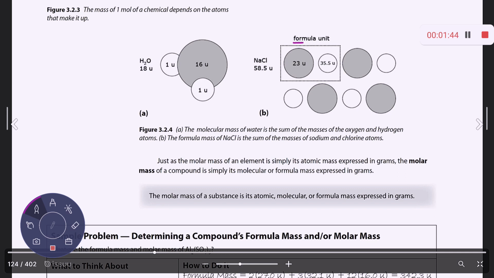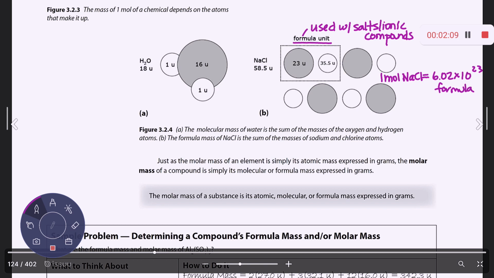So this term, formula units, is used with salts, which are ionic compounds. So like a mole of sodium chloride equals 6.02 times 10 to the 23rd formula units. It would be that many things